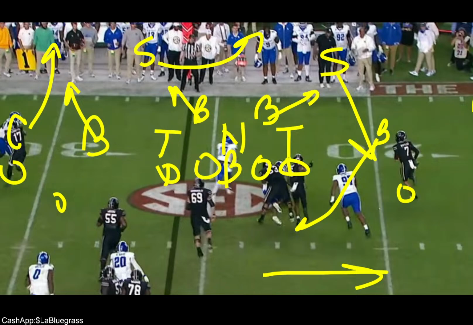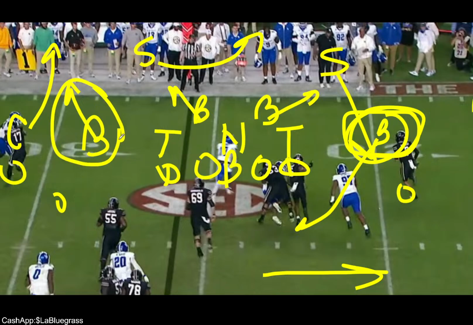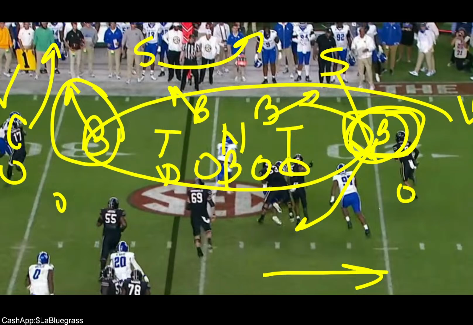So, as a corner, I feel a lot more comfortable with a safety coming to curl and flat than this backside linebacker. So this corner might play cover 3 different than this corner. You know what I'm saying? So you got to know where everybody is and what their responsibilities are, because it affects you. Once you learn other people's positions is when the game becomes easy, man.